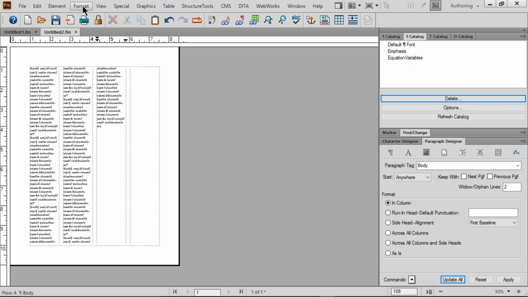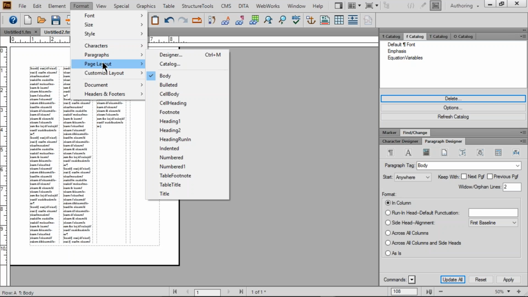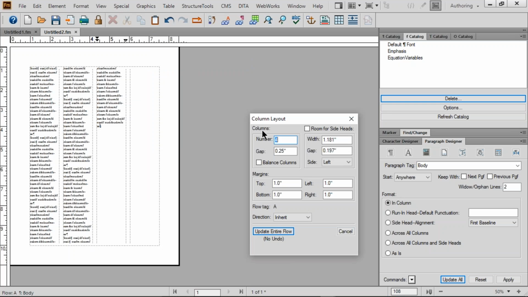So depending on your preference, you can set it up to do one or the other. Page layout, column layout, balance columns. Your margins I've already mentioned, and in FrameMaker there's now the ability to set up content so that it flows